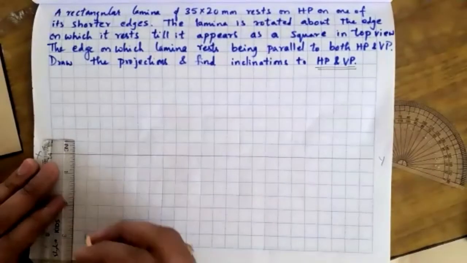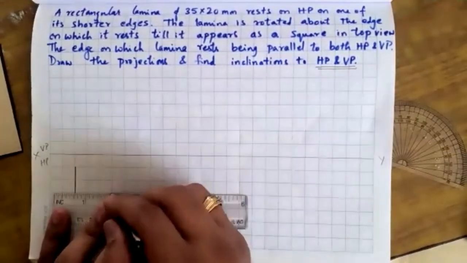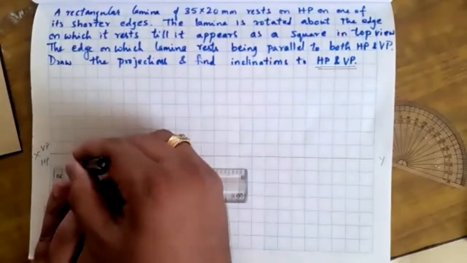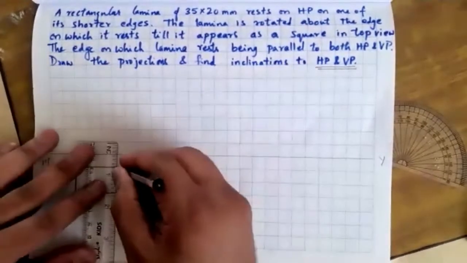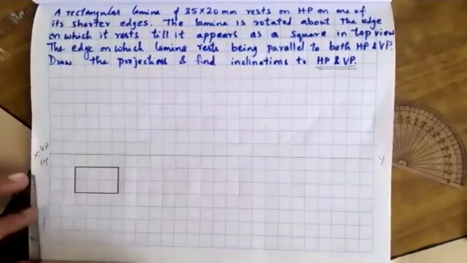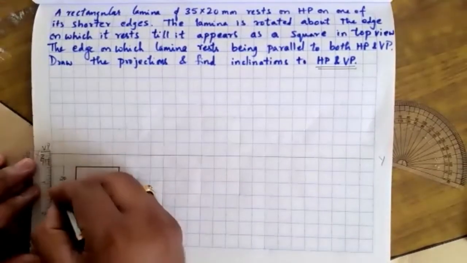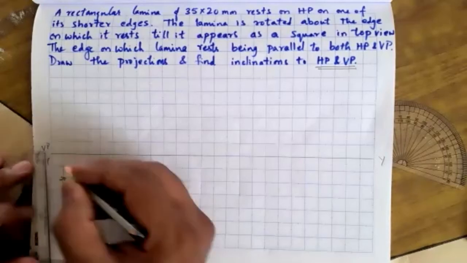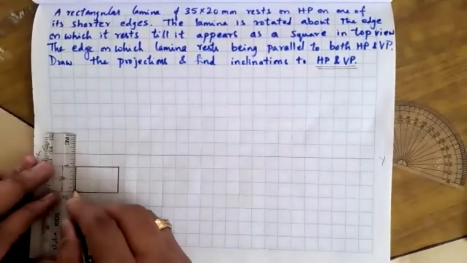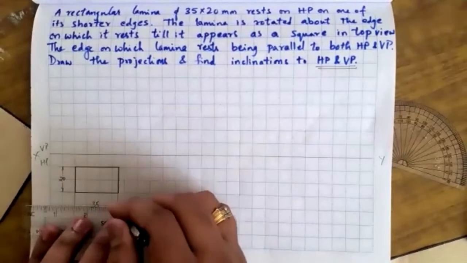First I'll construct a rectangle of 20 mm by 35 mm. So a 3.5 box, I am taking here. Construct it properly. I have made the 3.5 box. This is a rectangle where I have kept the side of 20 mm here. So 20 mm I have placed it here and then dimension it as 20 mm. And I'll draw the extension lines and dimension this as 35 on this printed line.